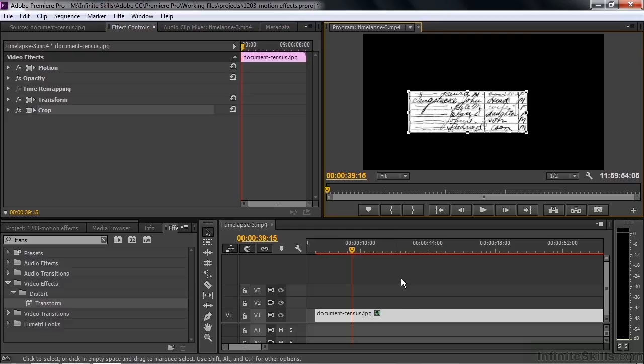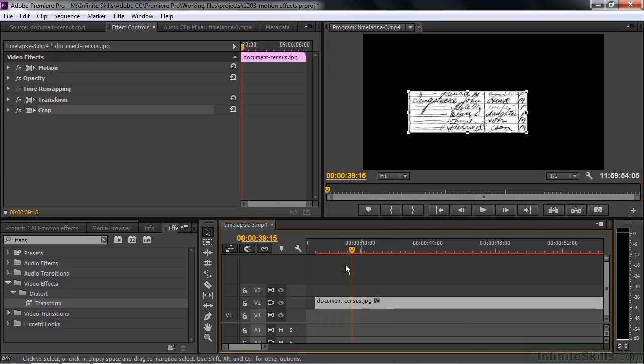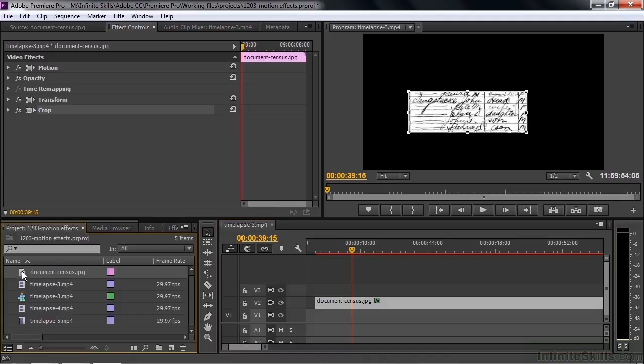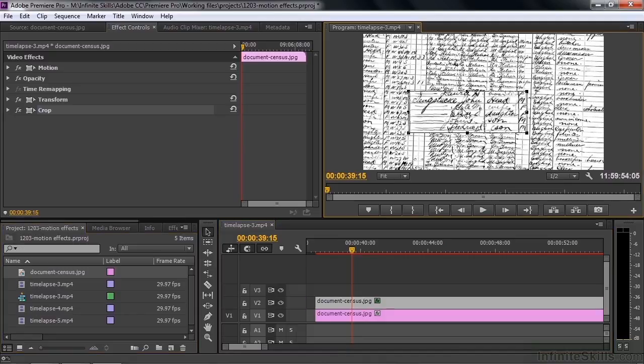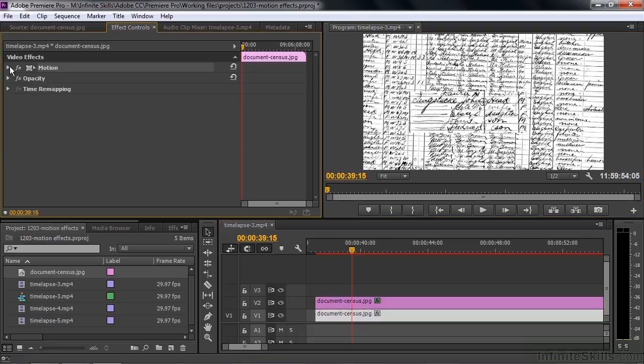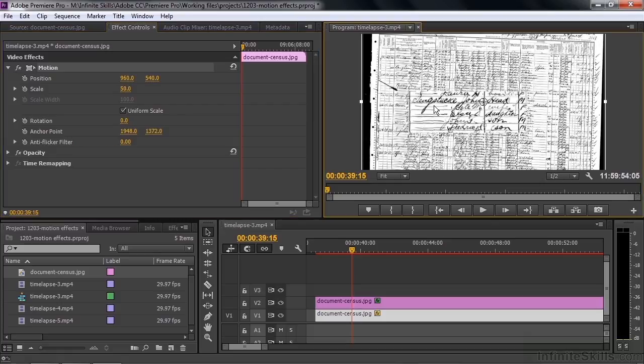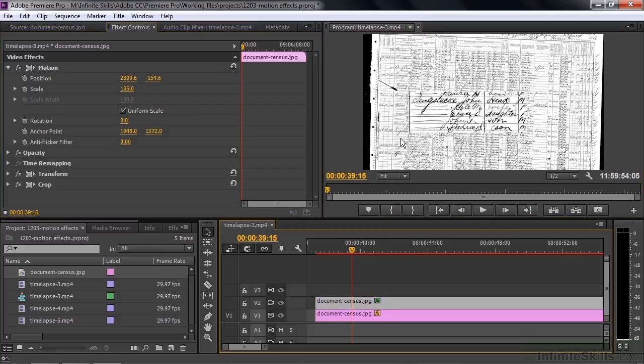What I can do now is I can take this clip and put it up here in the second track. Take the original document, for example, put it below it. And I could take this one here like that, and I could pull it out of the one below it. I could take this one below it, let's say, put a motion and scale it down a little bit so it's not so huge. And then I could take this right here, this whole clip on top, and I could pull it out, let's say, of that area and expand it to that view like that,